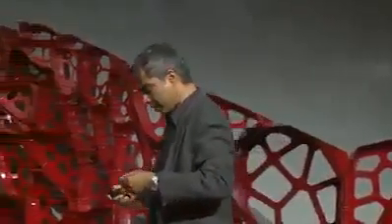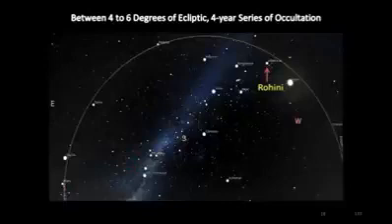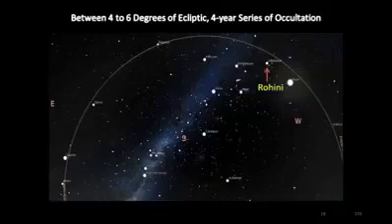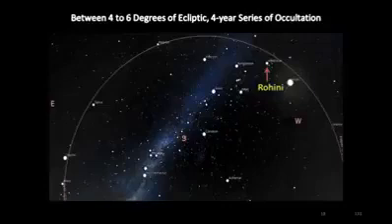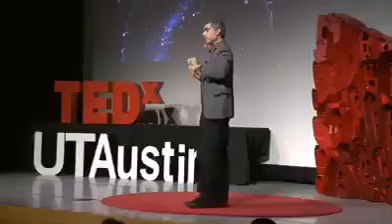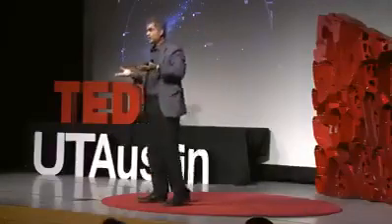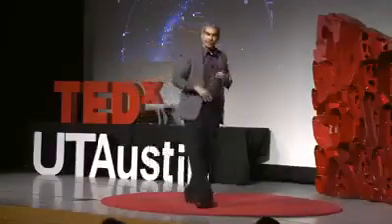So it turns out that today with our studies, we know that if a principal star is located between 4 degrees and 6 degrees from the ecliptic, then it experiences a cluster of lunar occultations over a 4-year period, which repeats all over after 19 years. If the principal star is located greater than 6 degrees from the ecliptic, then it does not experience any occultation. I know that sounds very technical, but really speaking, these are very simple observational things that you can do.